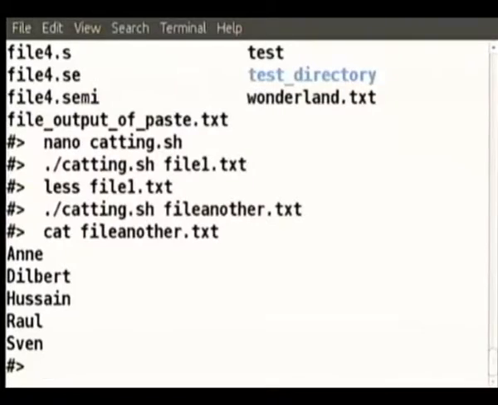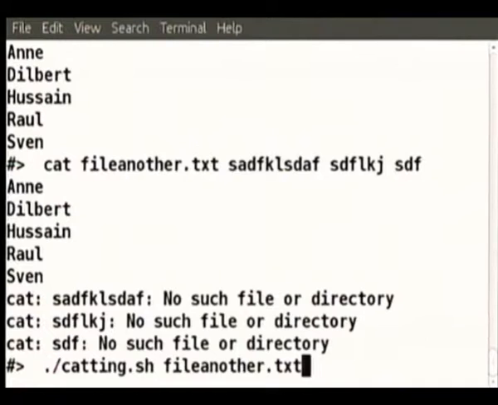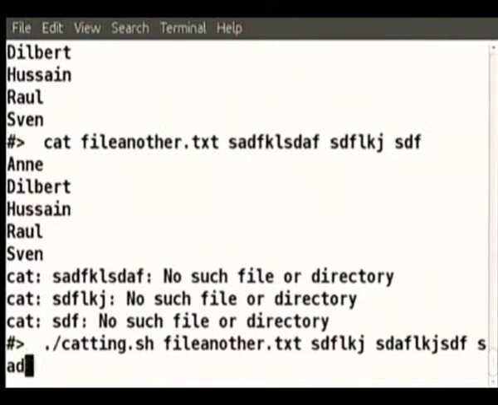So now we are able to specify it from the command line. You don't have to open the nano editor and make this change. All that is not required. We can directly give that from the command line. What about more? Can we give more? Yes. If you give more to this command,